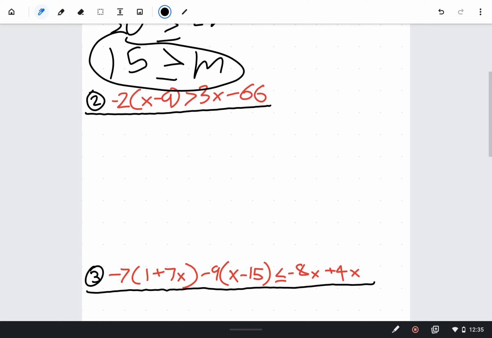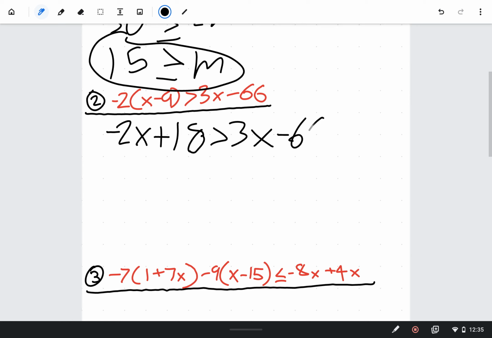Again, following the steps from before, we have to first distribute. The first half of this inequality can be distributed. So distributing this would give us negative 2x plus 18 is greater than 3x minus 66. Now that there's nothing else to distribute, and neither side has anything to combine, we can go straight to performing inverse operations. So here we can subtract 18 from both sides first, which will leave us with negative 2x